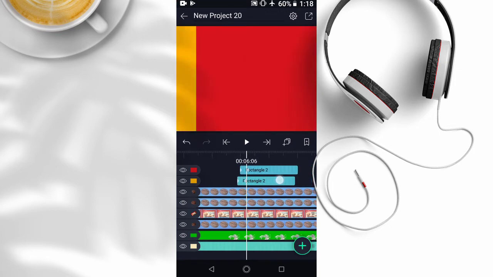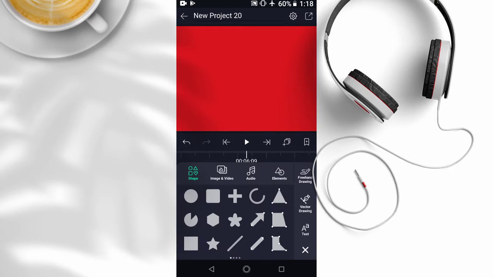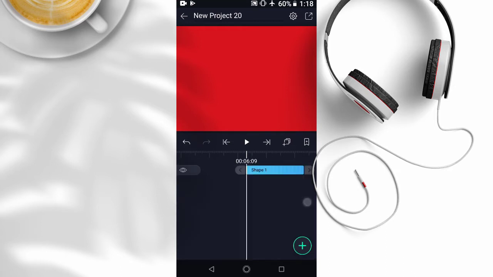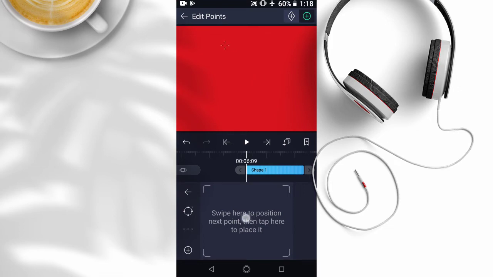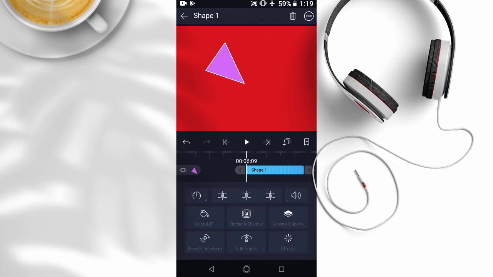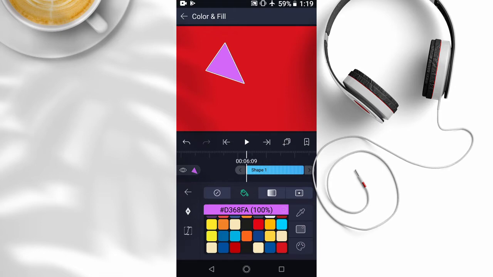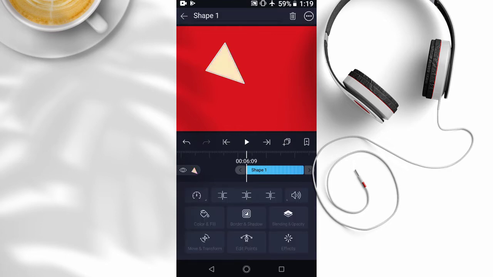The next thing we want to do is to add a shape right here, or we just draw a shape using the vector drawing tool. So we click on the vector drawing tool and draw a triangle. Make sure it's a closed triangle right there. Then we want to come to colors, so come to color and fill. We also want to use the color which is the same as the background that we used initially. So we want to come to this color right here,